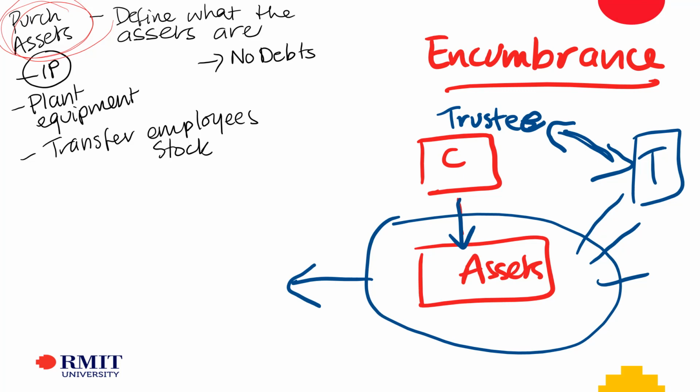So size of transaction as well. If it's a lot larger, you're more likely to be looking at the trust deed. Personally, I would be looking at the trust deed. I've not done a transaction where there is a corporate trustee where I haven't looked at the trust deed, and I still have required that warranty. And when the trust deed has a process for getting those kind of approvals, if there is one, then I'm wanting to see evidence that those approvals have been done at closing. But I can see strategically why in a smaller transaction where, and we spoke about this right at the very beginning,